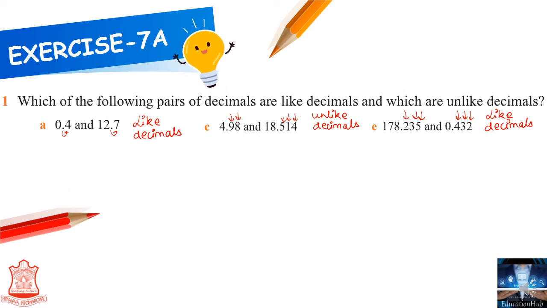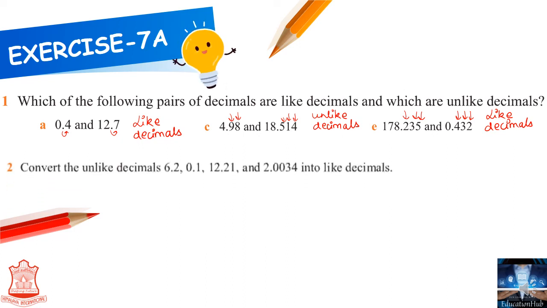Let's see one more question, that is question number 2. Convert the unlike decimals 6.2, 0.1, 12.21 and 2.0034 into like decimals. How are we going to convert? See, we need a maximum of how many places after the decimal? That is 1, 2, 3 and 4. So we are going to convert everything to 4 decimal places. How? See,